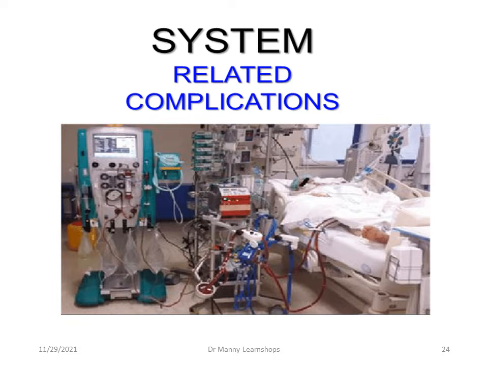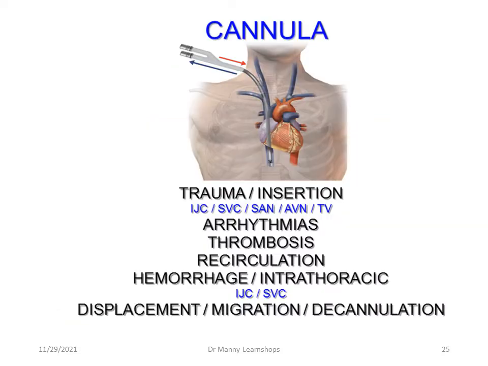Then we have potential system-related complications, and they include the cannula. The cannula is being inserted into the internal jugular, the femoral vein, close to the superior vena cava. If it's going in that direction, it can affect the SA node, the AV node, the tricuspid valve, and it can result in arrhythmias, thrombosis, recirculation, hemorrhage, which could be intrathoracic if you've now got insertion via the internal jugular